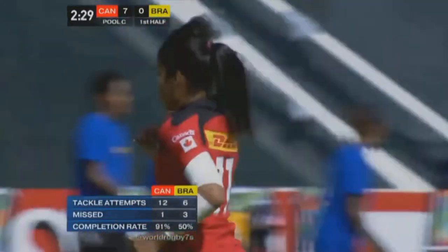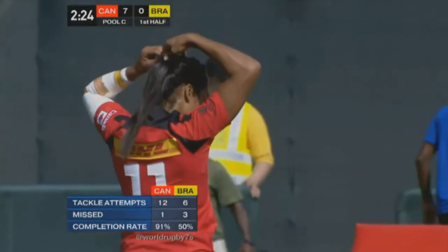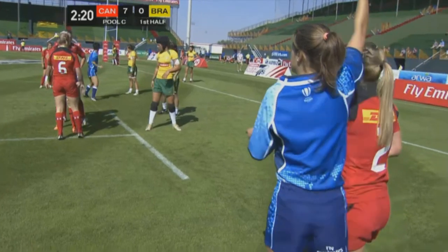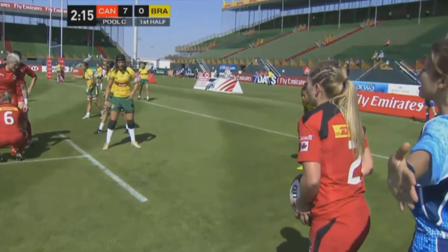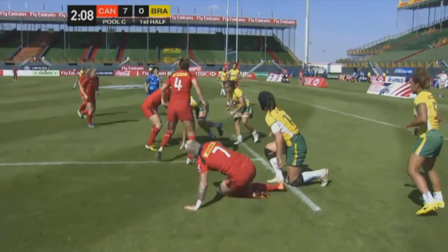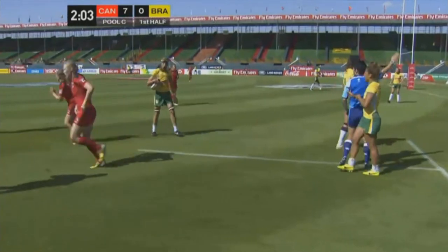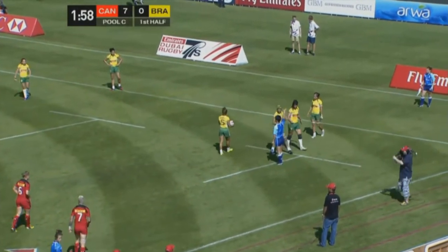Harvey there, she just made sure that the ball went out 5 meters short, and it was actually Landry that scored the first try for Canada. She moves into the second receiver position now. Moleski, part of the Canadian Rugby World Cup team in 2013 from the Williams Lake club in British Columbia. Kish just had it, and then she brought it down and lost it forward, but somebody was offside. Well, that looked like a set move. It looked like she was trying to get it down to Marchuk instead of going off the top and out wide,